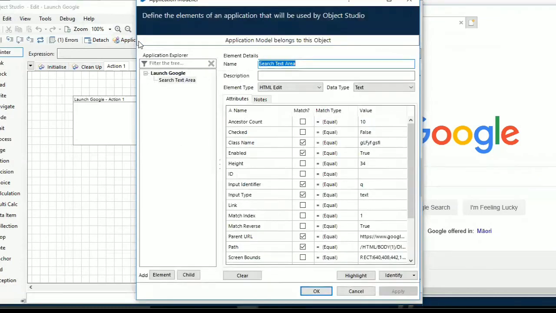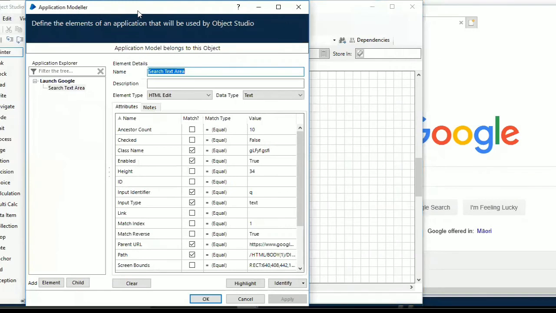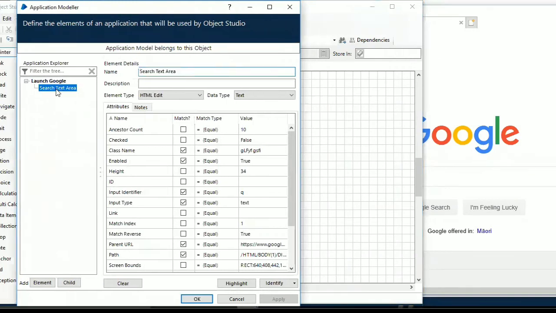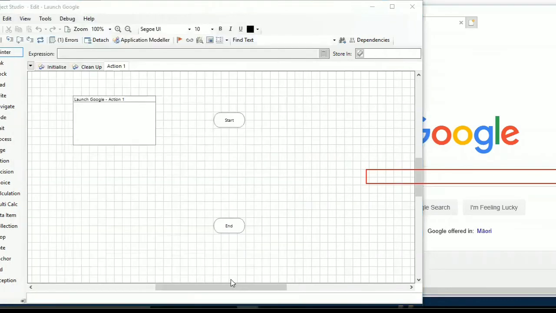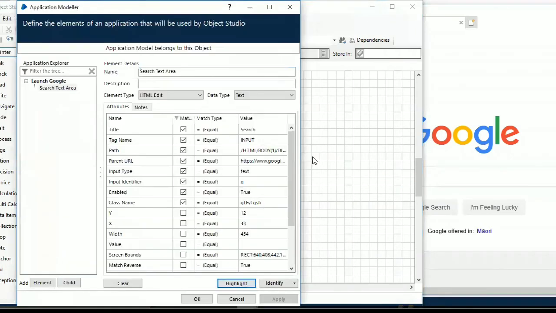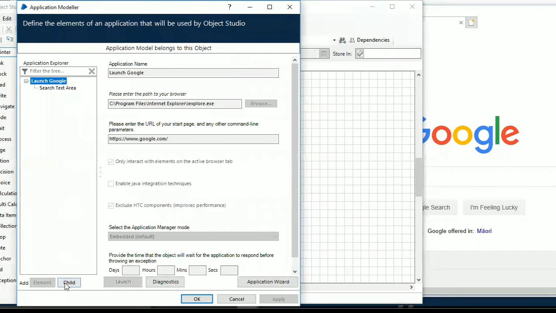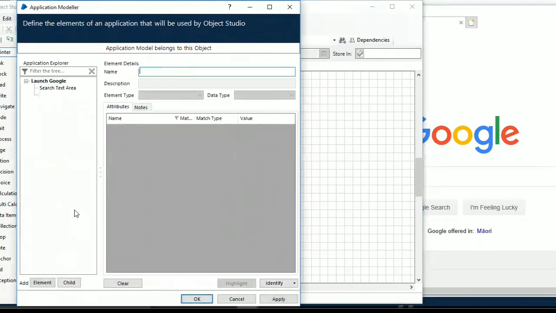Just click on Application Modeler. It will pop up a new Application Modeler window, and in that you can see the earlier element which you have already spied. You can still go and highlight it, which means it's still working. Next, add an element name, which is button Google search.